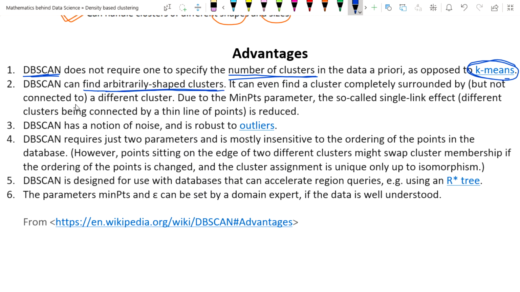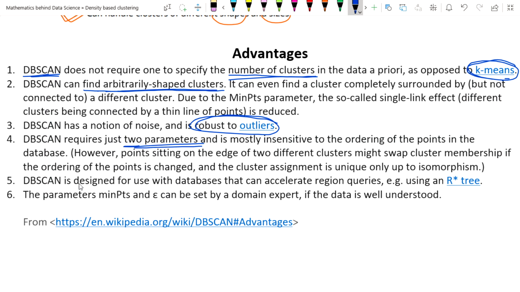The third one is that it is robust to outliers. The fourth one is that it has only two parameters, only two hyperparameters. Based on these two hyperparameters, we can easily separate different kinds of clusters. So it is mainly based on only two hyperparameters.